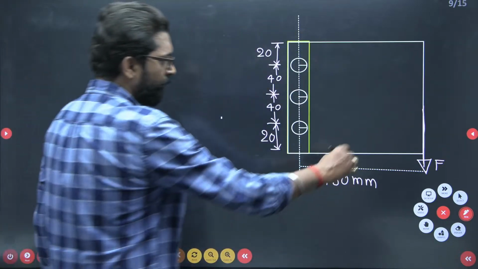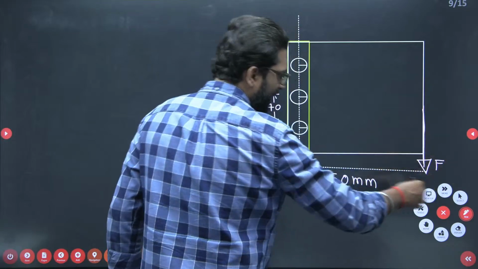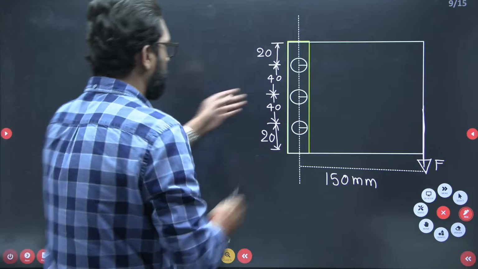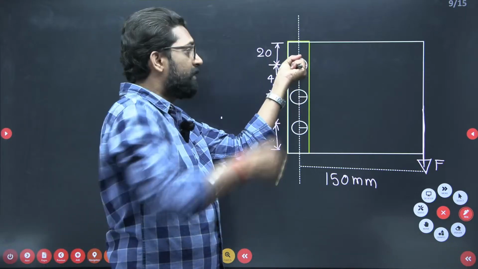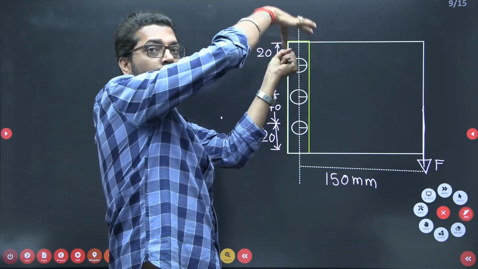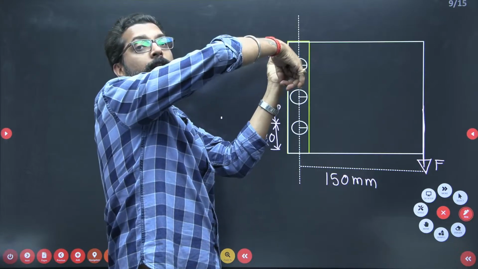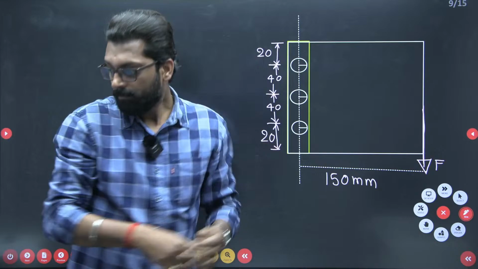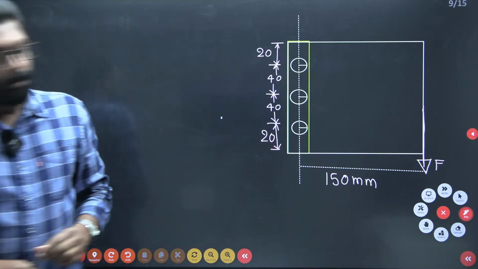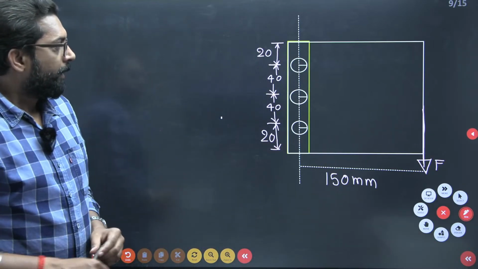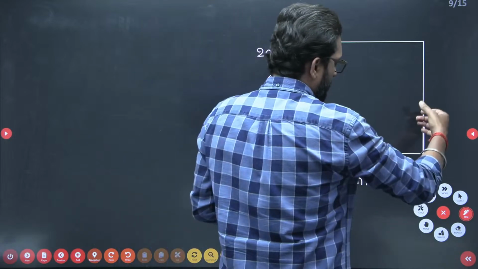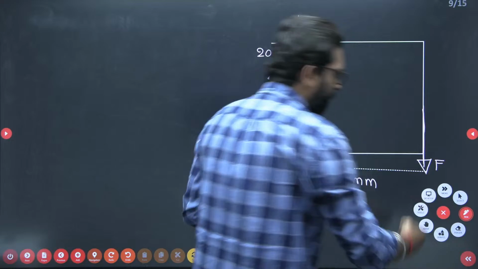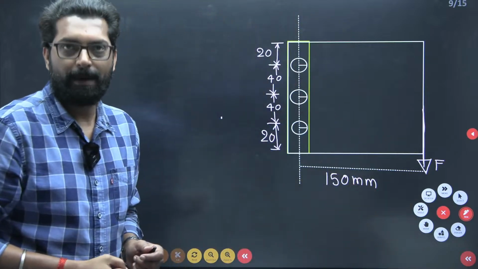Now, if this force is applied, it first gives two effects on this bolt. What are they? One is the direct load. The second one is due to torsion; it produces a torsional effect. So if we apply this force F,